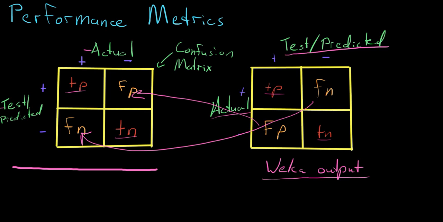If you don't feel like going to all that effort, Weka actually already calculates all those things for you. And I should note there's a bunch of different names for sensitivity and specificity, and I'll try to post a document for all the different aliases that you'll see for things like accuracy and precision, and that way you can have it in paper form and go back and forth. But Weka gives you all that, so if you don't want to draw your own and make a mapping, but if you're ever hand calculating this sort of stuff, and I should note,